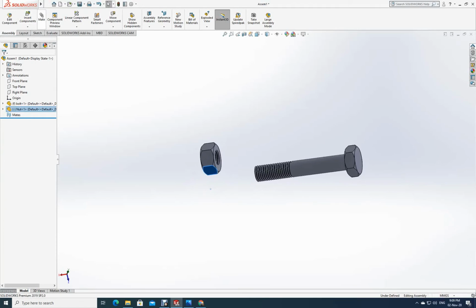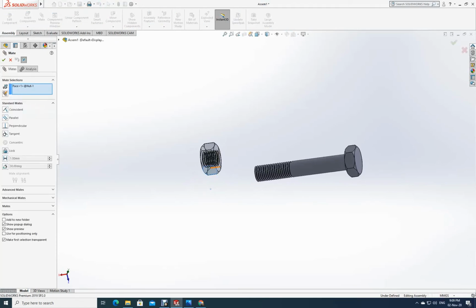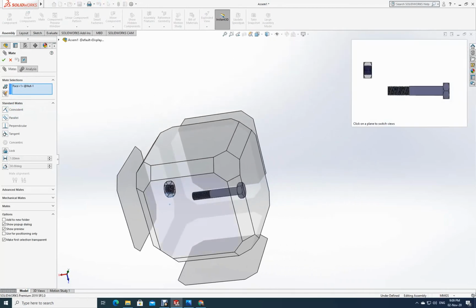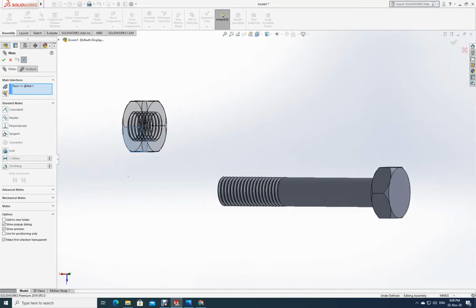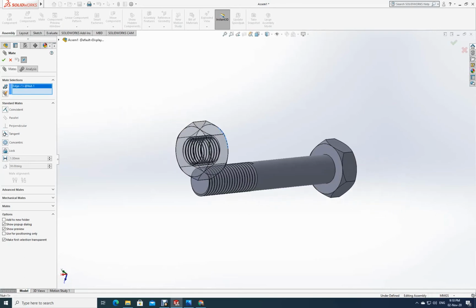Now I will go for mate. Now I will select which one. Okay, I will remove this face, delete it. Now I will select this one and this one.